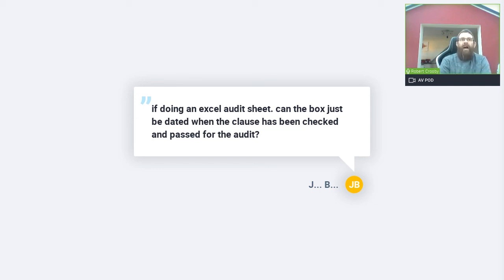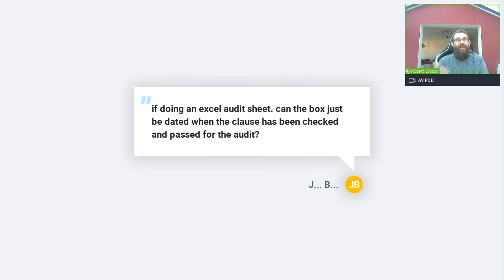Let me give you this analogy. If I attended your site from QMS to do a full day's audit, and the actual audit report was just basically a series of tick boxes with a date on, would you, as a managing director, be satisfied that I've carried out the audit? Because there could be some questions asked on that. Okay, he's checked it, but how do I know what's been checked? And I always think giving you